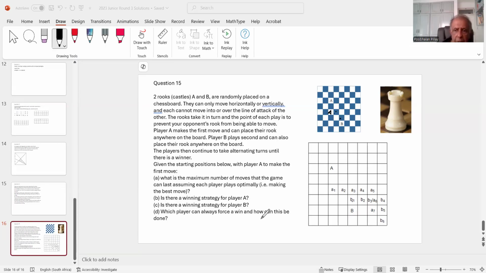Which player can always force a win, and how can this be done? Same question. The person who plays first wins. And how does he do it? He goes into the same diagonal as the other fellow. You see? So if B is here now, A goes there. If B is here, A goes there. He goes to the same diagonal as where B is, and he will constantly win. So that's the strategy. Okay, so that takes care of question 15, and also it brings us to the end